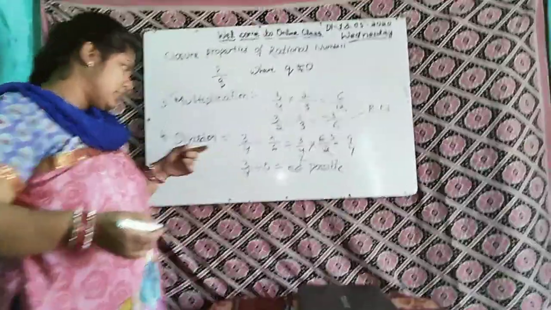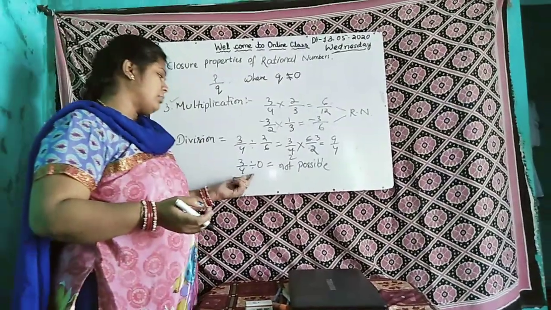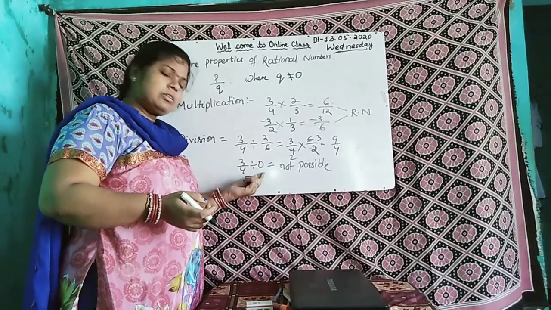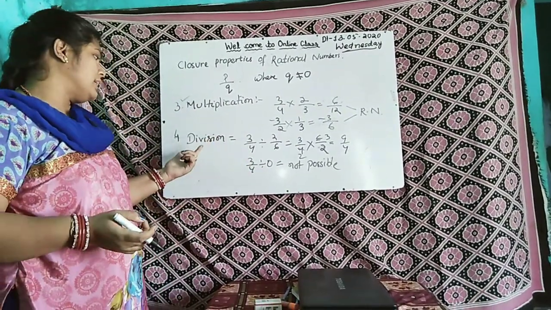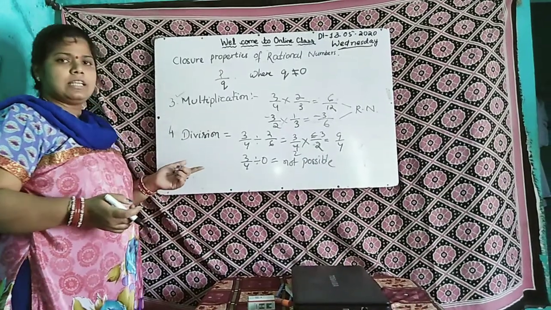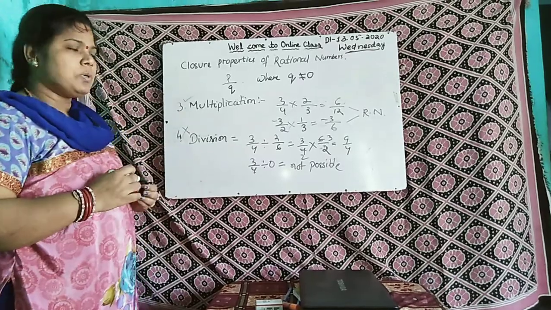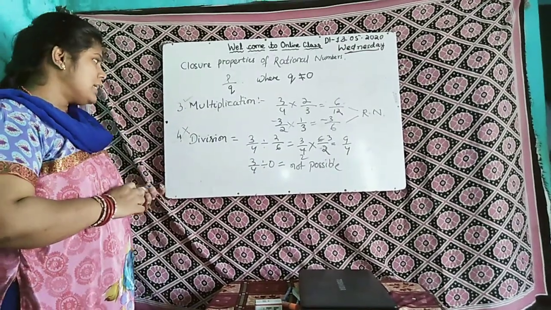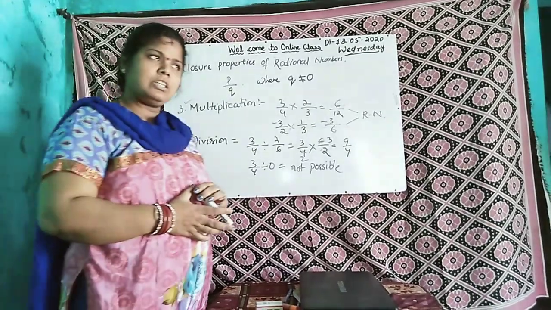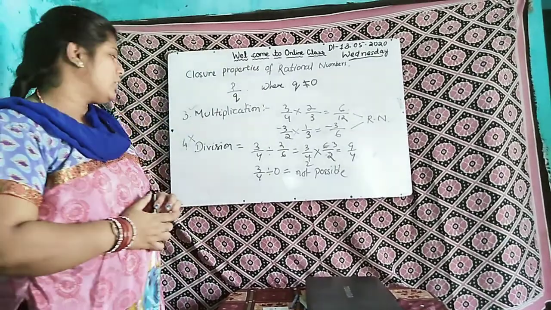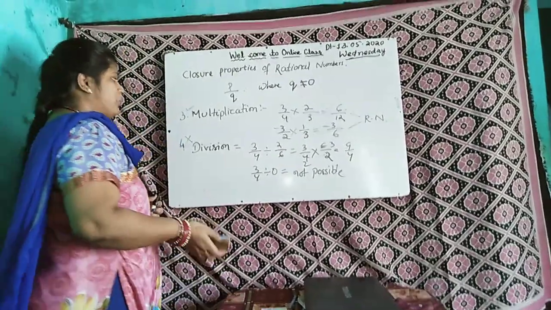So we discuss here for all rational numbers. Though, by doing division by 0, we are not getting a rational number, we say that the rational numbers are not closed under division. So it is crossed out. So we learn that rational numbers are closed under addition, subtraction and multiplication, but not closed under division. So this is all about the closure property.